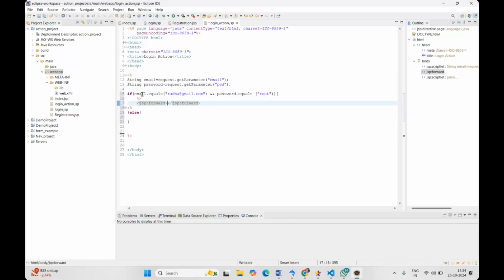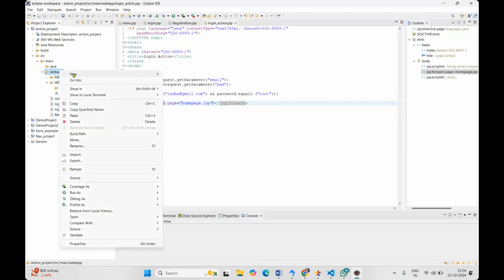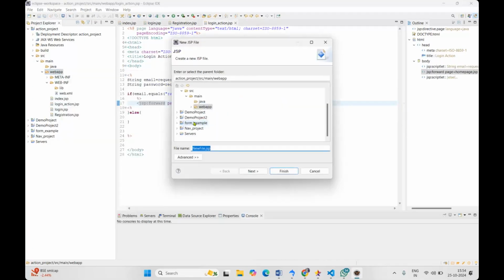Okay, if their email is equals to this address and the password is equals to root, then it will send the user to another page, the page where we write a page address as, okay, like homepage.jsp and saving it. Okay, but here we didn't have the home page, so we need to create one homepage JSP file,